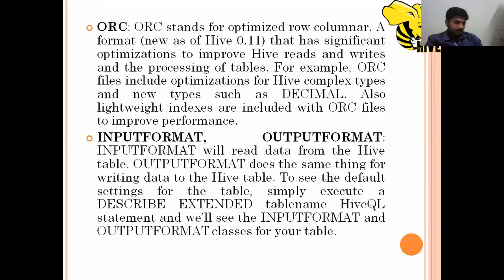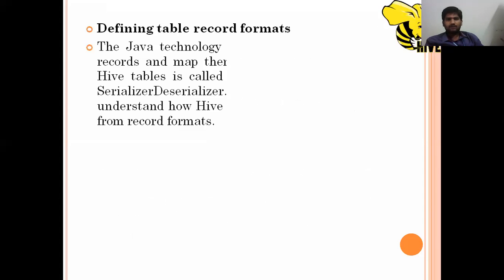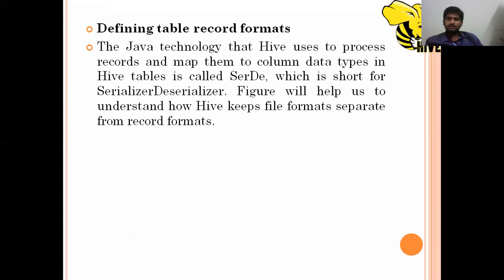So why are we going with different file formats? Compared to the others, the text file takes more space and takes more time to execute. That's why, based upon the user's choice, they decide what type of format they need to store the data in. Such a format will be used and they can forward it. So each and every data file format is there. Up to that we covered in the last class.